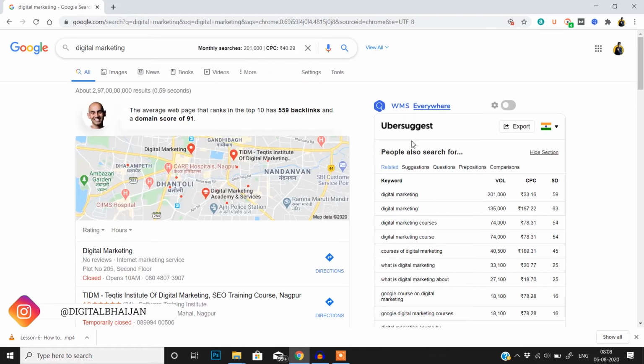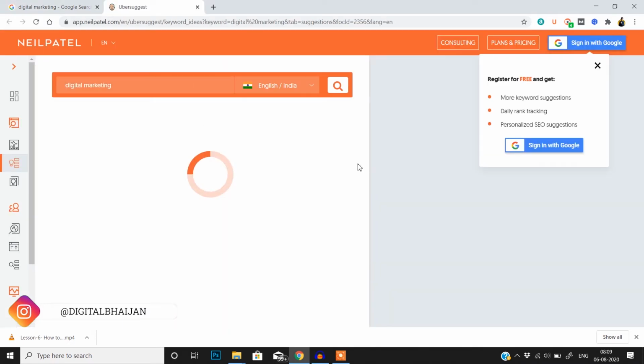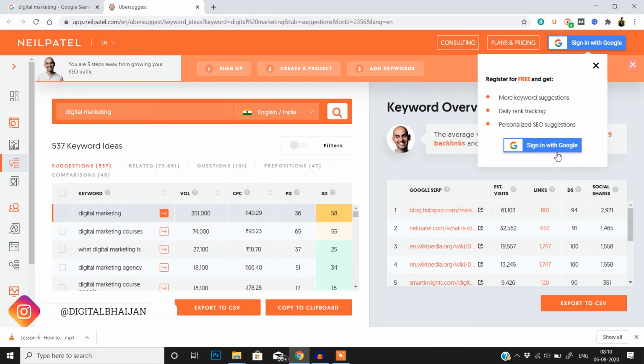One more thing in Ubersuggest, if you see on the sidebar, it will show you suggestions, questions, prepositions, and comparisons. If you click on any of these, it will redirect you to the Ubersuggest tool. Let's suppose I click on the suggestion tab, it will redirect us to the Ubersuggest tool. It will ask you to log in with your Gmail account, and that is completely okay.